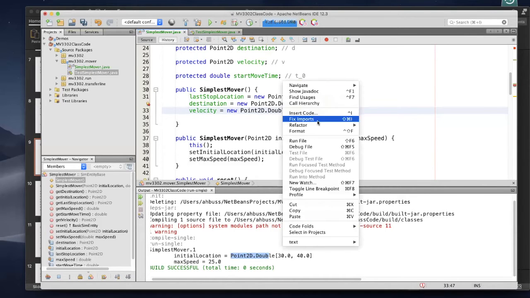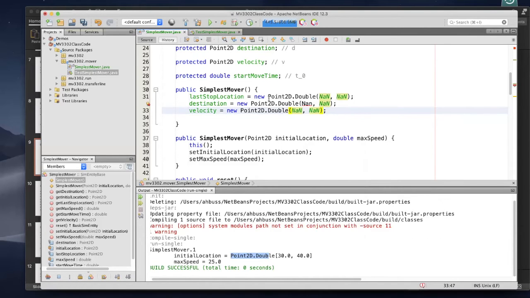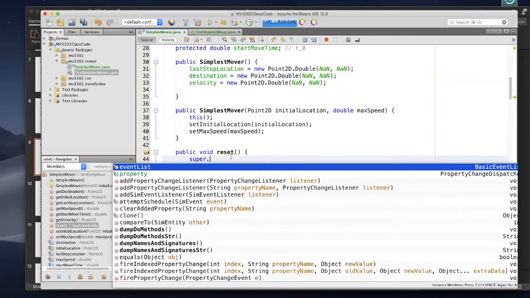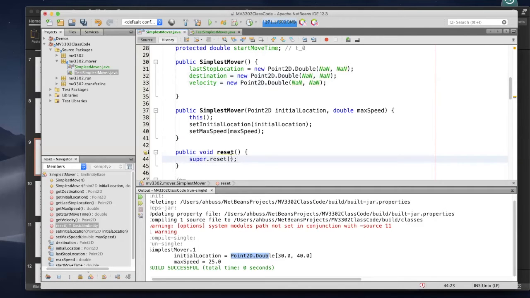Okay, so the point here is that we are, oops, that one, all right. Okay, so now they've all been instantiated, and so our reset method, which you always call super first, our reset method can now